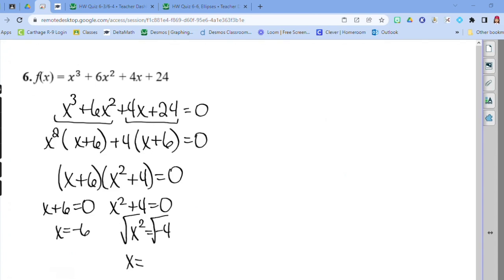So x is a positive or negative 2i. Keeping in mind, I'm only listing the rational zeros. So I only list -6. 2i is not a rational number, it's an imaginary number, so we leave it alone and leave it